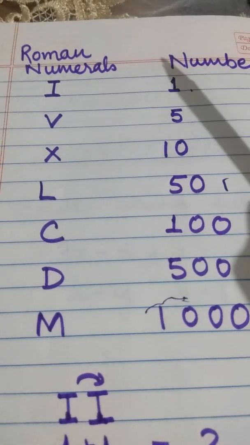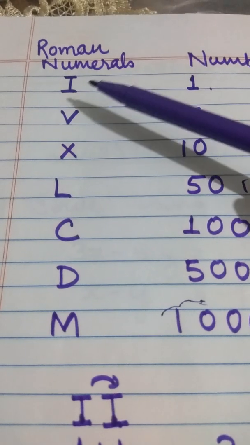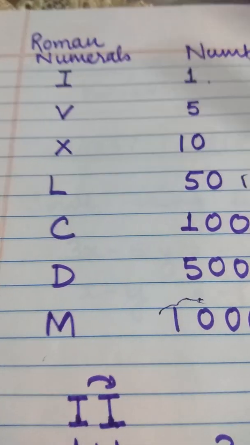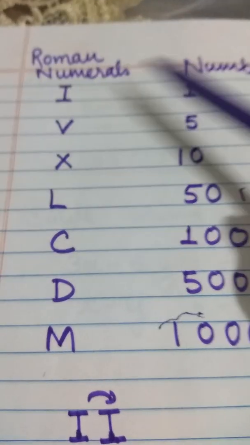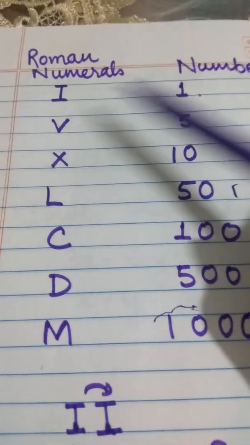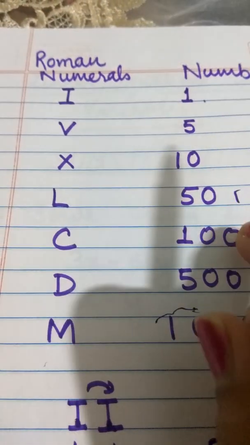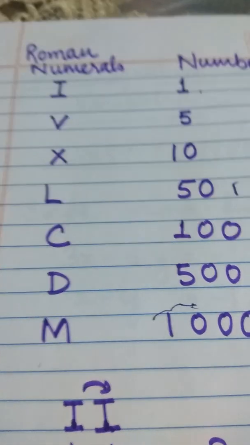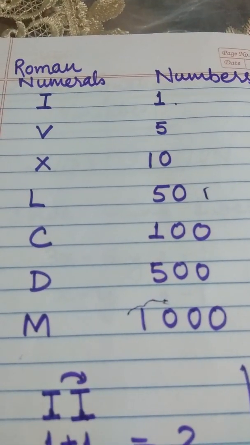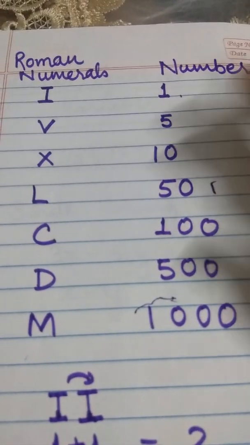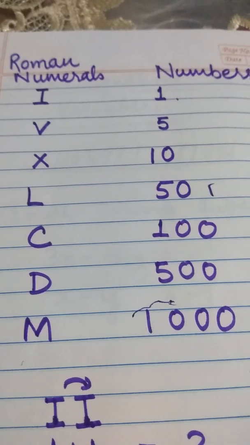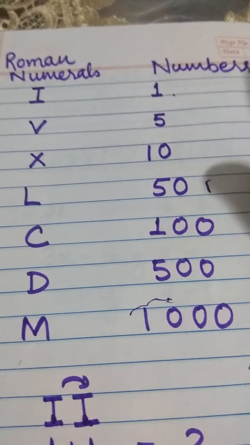our traditional studies. There are some basic alphabets which are taken and they represent numbers, like I represents 1, V represents 5, X as 10, L as 50, C as 100, D as 500 and M as 1000. So all the symbols you have to learn and remember them because these are used to write